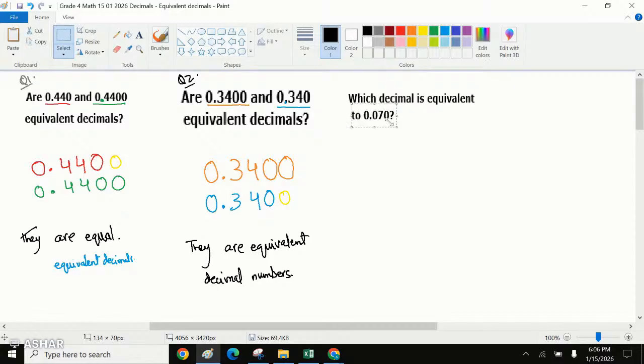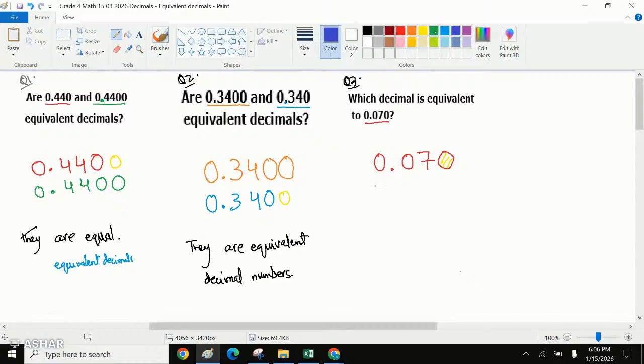So what we need to do is give an equivalent number. Question number 3. Our original question was 0.070, right? And we know that the 0 at the end can be added or can be removed, right? So if we want to give another equivalent decimal number,